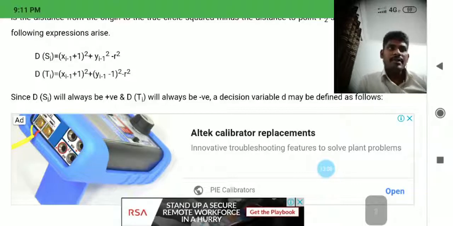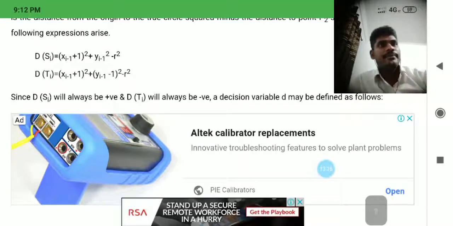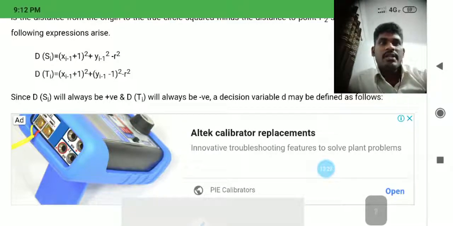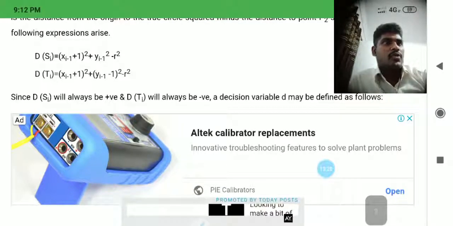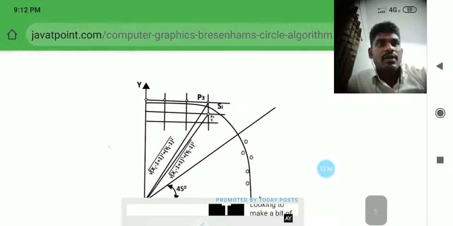How do the decision parameter's x and y values come, or the decision parameter 3 minus 2r, how does it come? Look here. I already told you how we select x and y coordinates from the origin. Here two points are there, one is a north point, the second is a south point. Where do you want to start? From the north side or from the south side, from here to here.